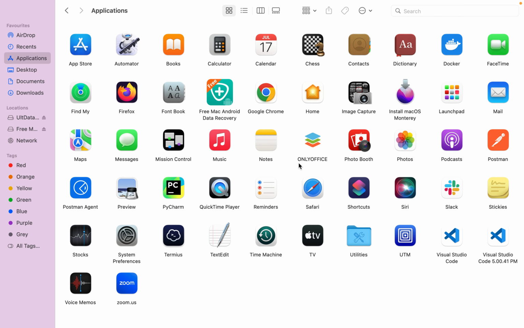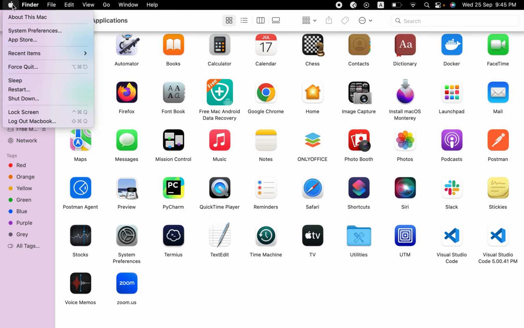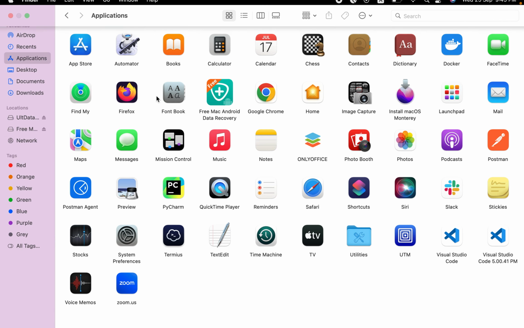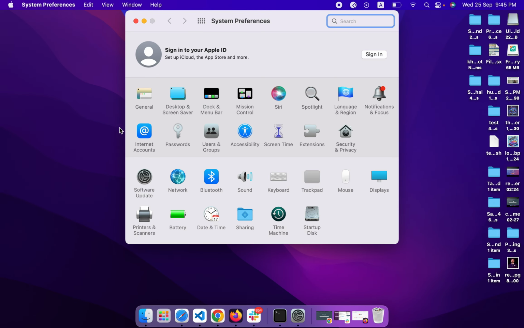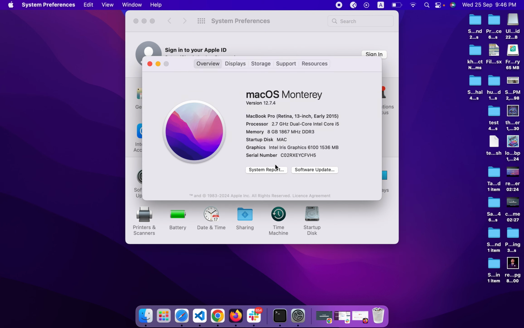So there is another way, when you click on the Apple icon and click on System Preferences, then it will open the Mac settings for us. Or you can also click on About This Mac, and here you can see the option of storage.